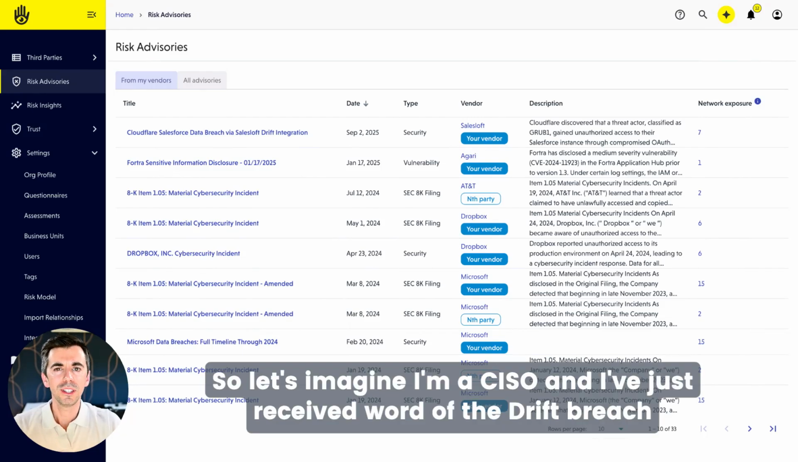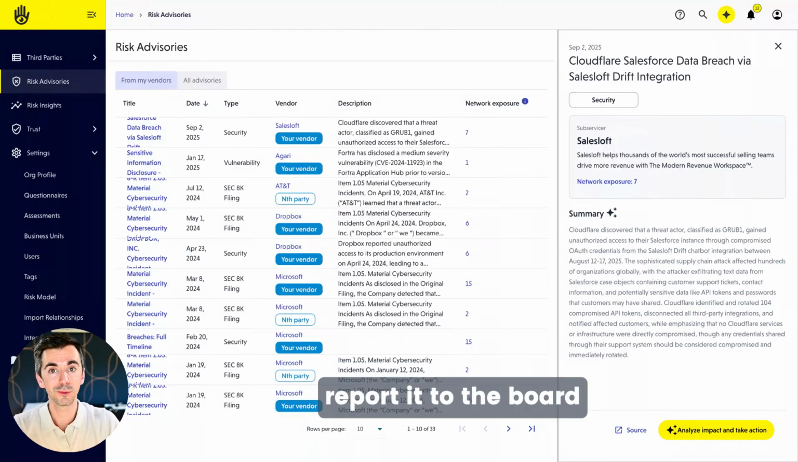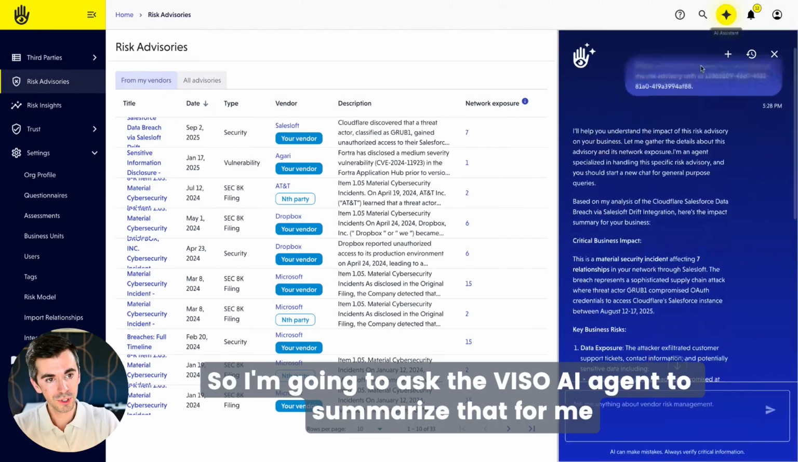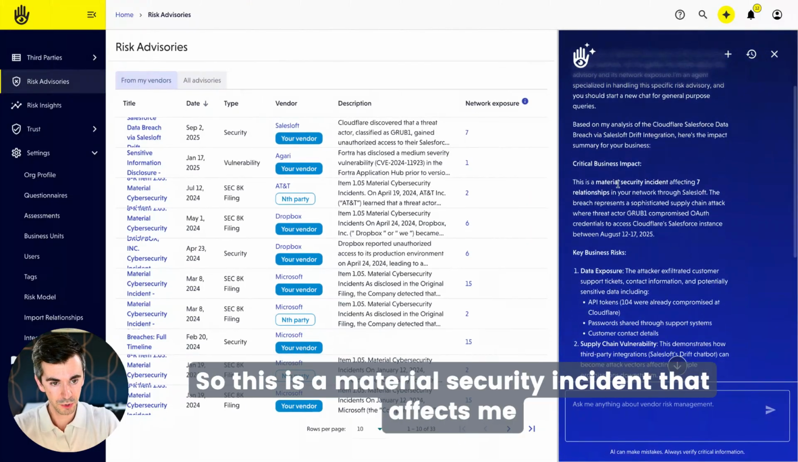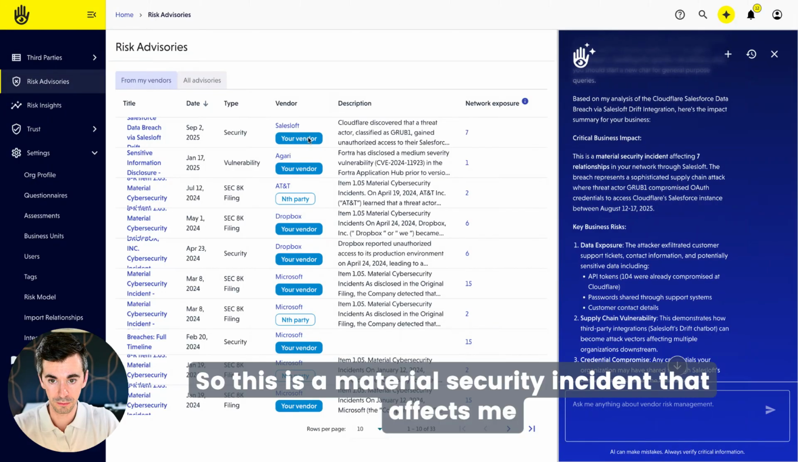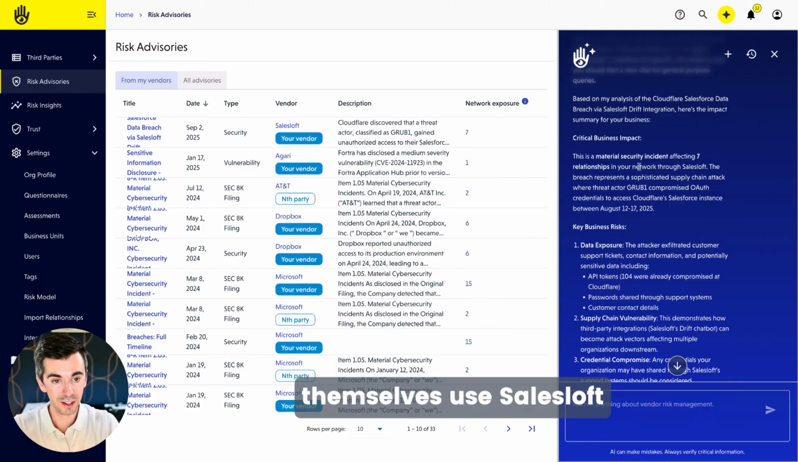So let's imagine I'm a CISO and I've just received word of the Drift breach. I need to understand what our exposure is so that I can potentially report it to the board. So I'm going to ask the VISO AI agent to summarize that for me. So this is a material security incident that affects me, but also 7 of my third parties who themselves use